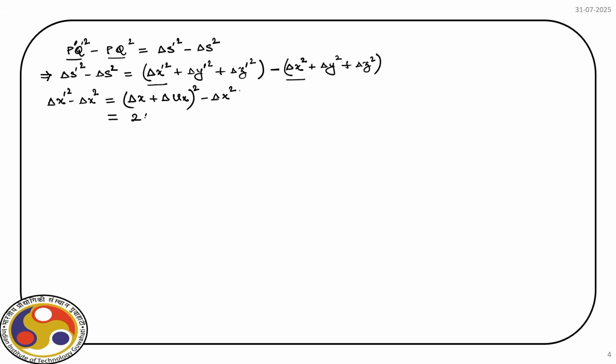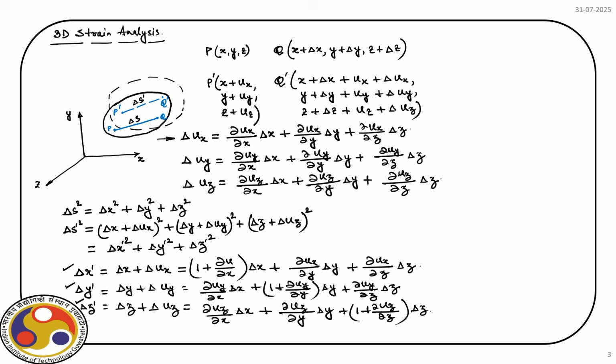So, the first term is twice delta x delta u x plus we have delta u x whole square, right. Now, if we put the expression of this delta u x that we have already derived here,